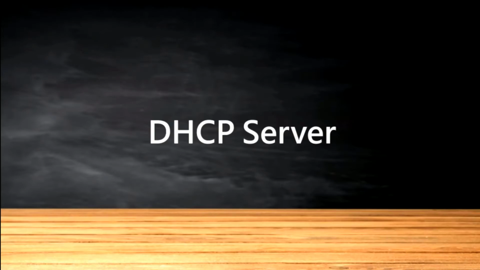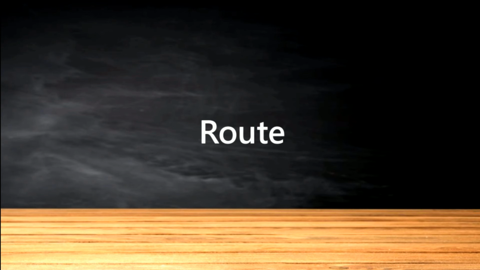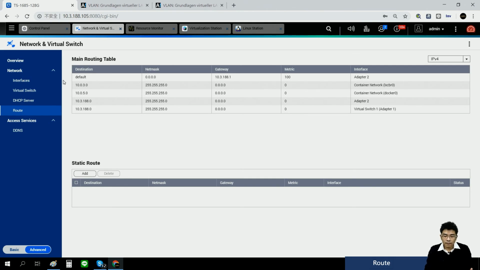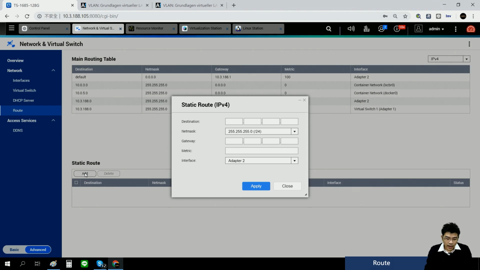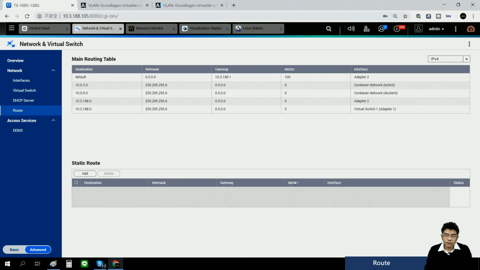Then the next topic will be route. Okay, for the route page, we will see IPv4 and IPv6. We can see the main route table. So you can check the destination, the netmask, the gateway, metric, and the interface of the current status you have. But what's more important is the static route. What is a static route? We can add a static route, we can assign its own destination and all the other information, so that if you want to connect to your NAS,